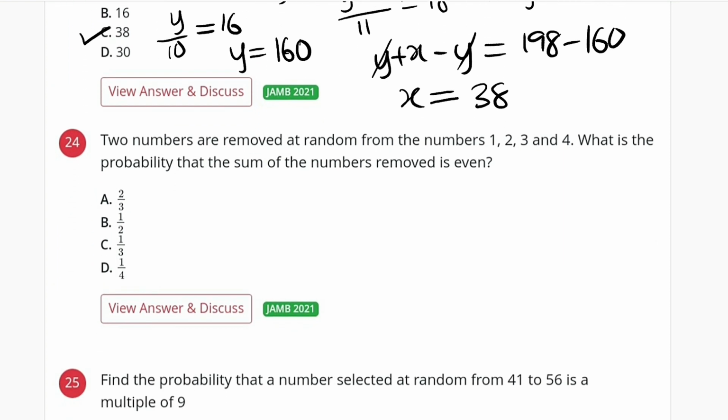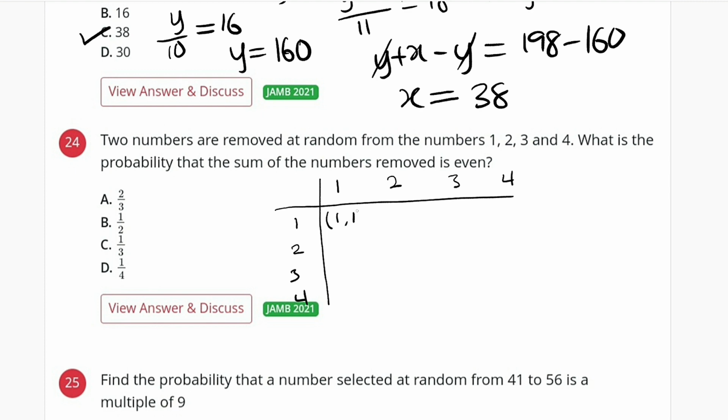Moving on, we have question 24. The question reads, two numbers are removed at random from the numbers 1, 2, 3, and 4. What is the probability that the sum of the numbers removed is even? So let us plot a chart here, because we want to combine two numbers such that they will be even. We may have 1, 2, 3, 4 here, 1, 2, 3, 4 here,